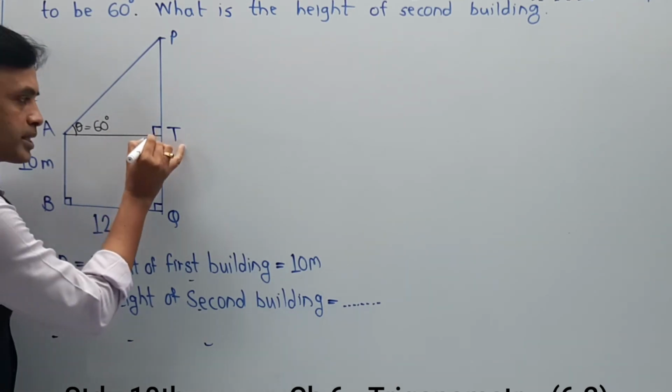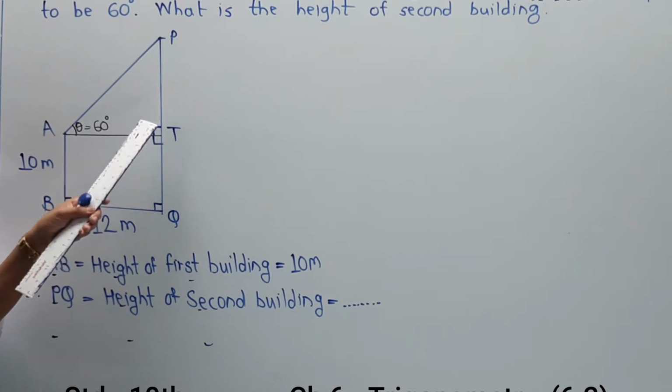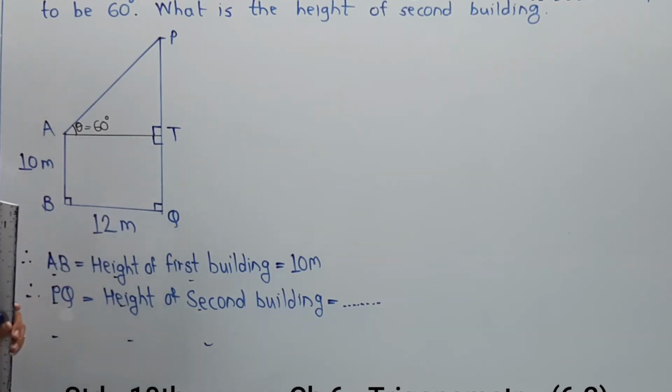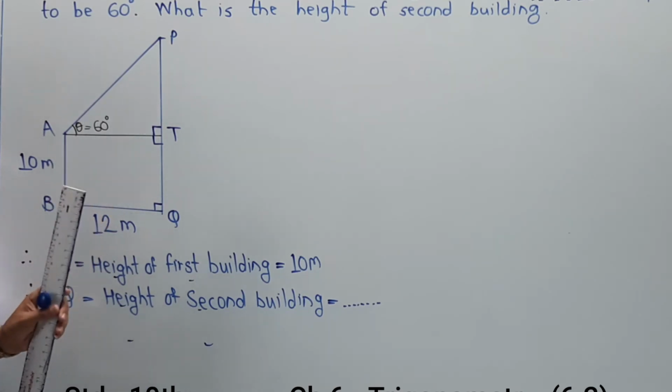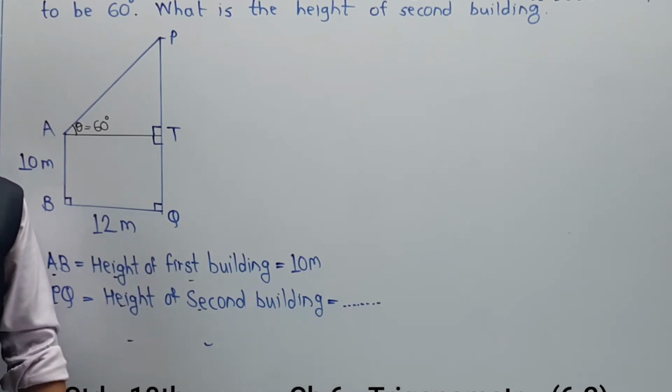Or you can also indicate this angle as a 90 degree. Anyway, if it is a 90, automatically this is a 90, because these are a linear pair. You just indicate both the parts so that your part will be easy, and you have to directly indicate over here, no need to give explanation.